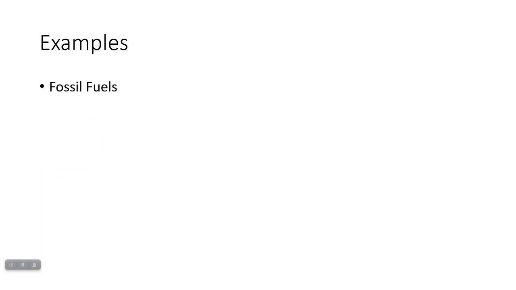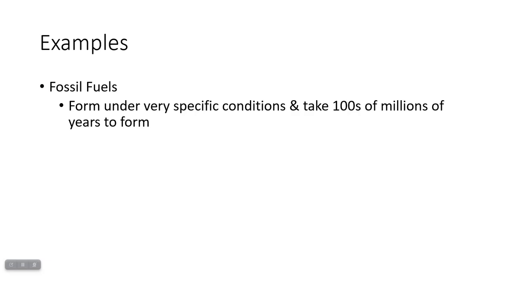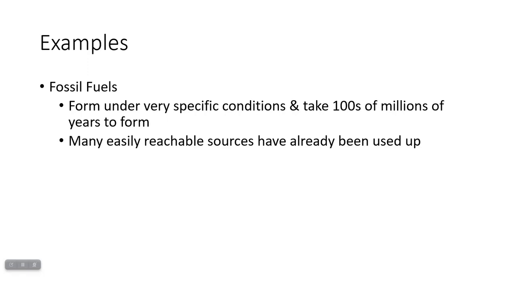So, some examples: fossil fuels are the big example most people think of. They tend to form under very specific conditions, and they take hundreds of millions of years to form, anywhere between 200 and 300 million years. Unfortunately, a lot of the sources that are very easy to reach, that are closer to the surface, have already been used up, which means that it's going to be more expensive and take more energy to get to these